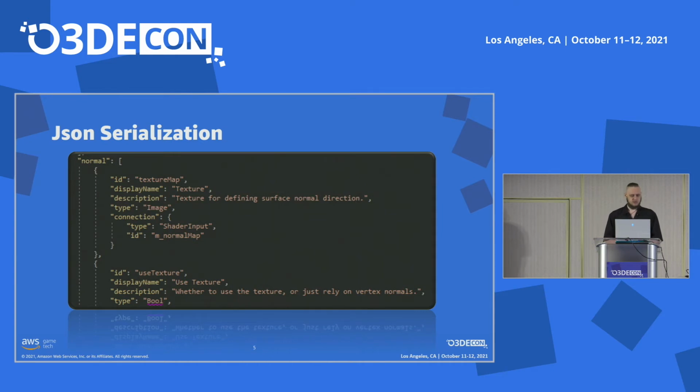The overall result is something like what you're seeing on screen right now. I hope you can agree with me that this is a lot easier to read, a lot cleaner, and the information is a lot easier to process. This particular example, by the way, is from the enhanced PBR material type, because materials are using the Json serialization. If you want to hear more about that, there was a talk by Chris Santora and Johnny Galloway yesterday called Working with Adam that goes into further details.